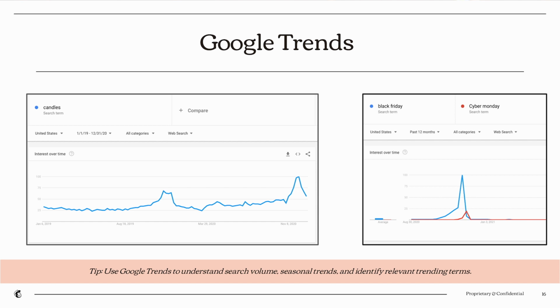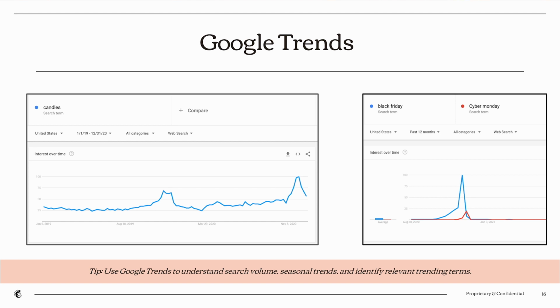Next, I wanted to highlight Google Trends. So if you go to google.com/trends, this is a great way to understand seasonality over time for different topics. That can be the products that you sell, different businesses. You could even do celebrities or sports if you're interested. Here you can do those searches to identify when there is really peak searches for that topic.